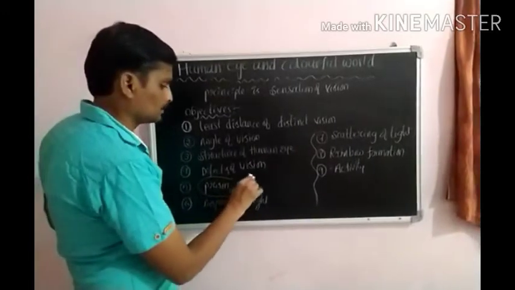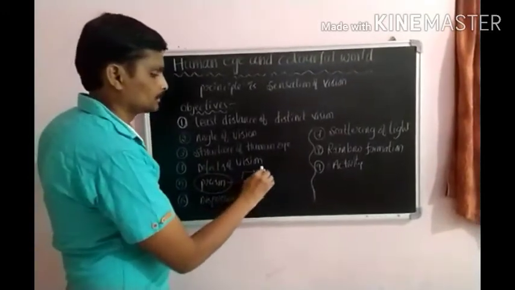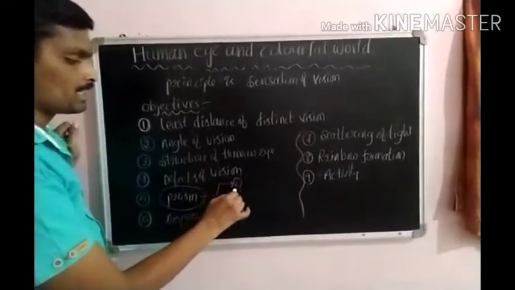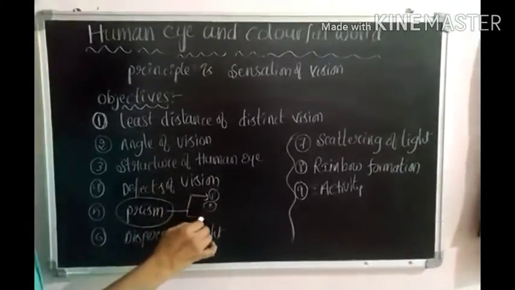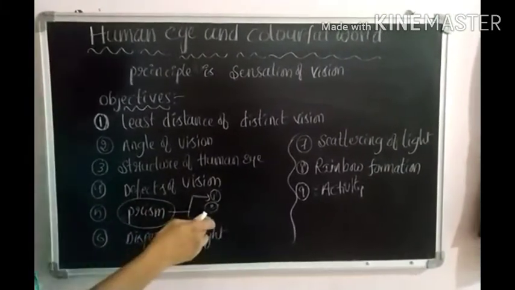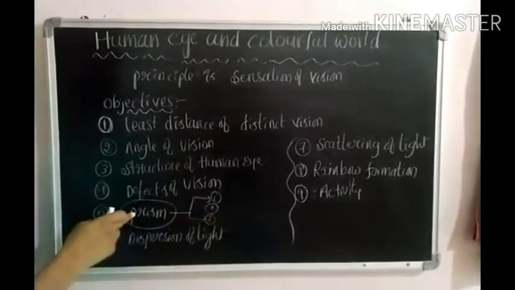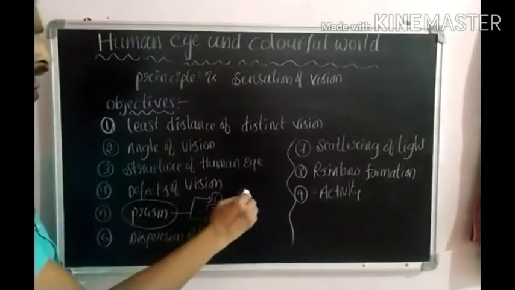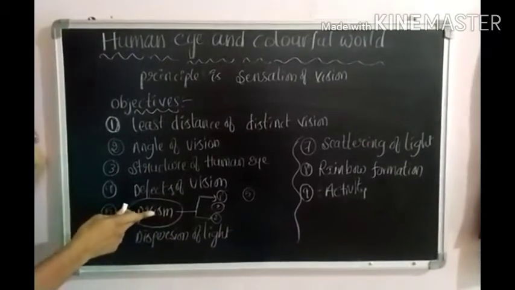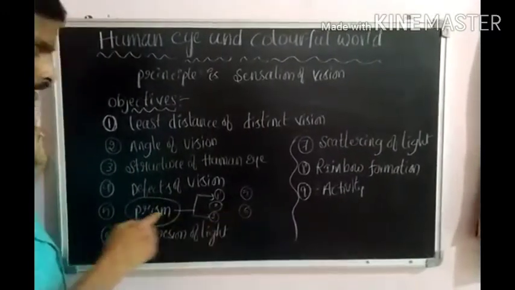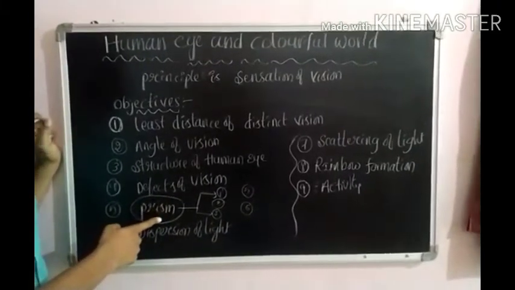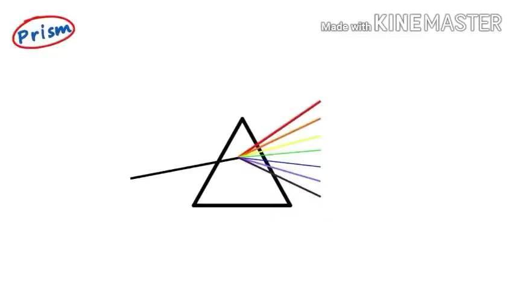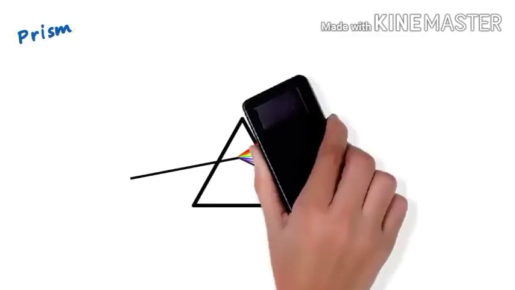In this topic, first, what is the prism? Second one is lab activity on prism. Third one is refraction on prism. Fourth one is lab activity on prism. Fifth one is how to find refractive index of the prism. Sixth one is derivation of refractive index of the prism. In this class, we are going to learn the correct definition. So let's erase this and start with the definition of a prism.